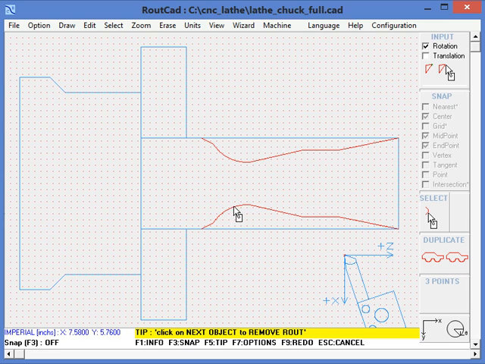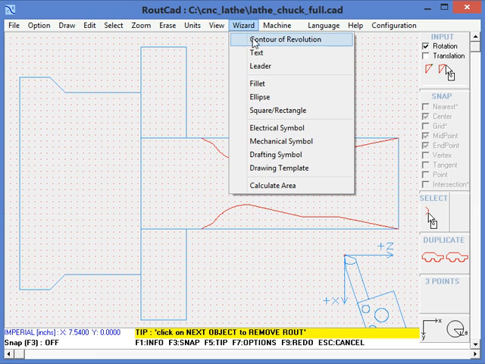using construction element. Obviously the construction element in red can be routed, but the construction element in blue, which are keep out element, cannot be routed and are only there for display purposes. Now, what we want to do is to use the wizard to create this surface of revolution or contour of